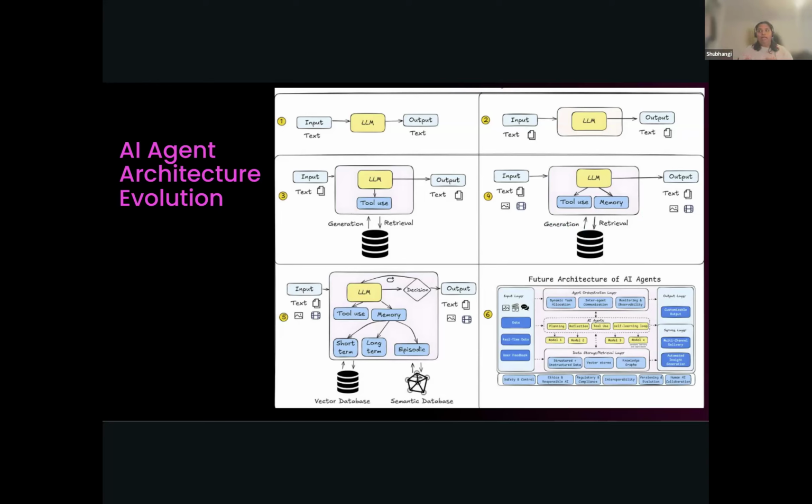Now bear in mind, when you provide dynamic memory, it costs you a lot of money. So building these agents has to take into account how much ROI you are trying to make out of these agents, and what the business case is that you're trying to solve for. So all these things have to be taken into account if you're trying to reach step 4.